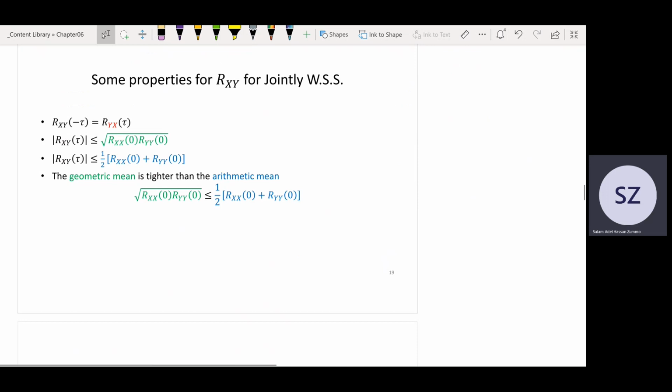Now let's talk about some properties of the cross correlation function. Remember, in the autocorrelation function we said it's an even function. So if I make the measurement now or after tau, it's the same as making the measurement now or before tau. So it's an even function. In the cross correlation function, no. Rxy of minus tau equals Ryx of tau. And this happens because